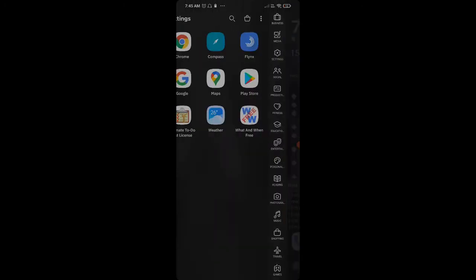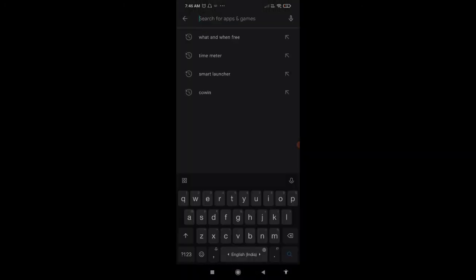The bottom widget that you see, it shows next action items. For me, this one is from Ultimate To-Do List.